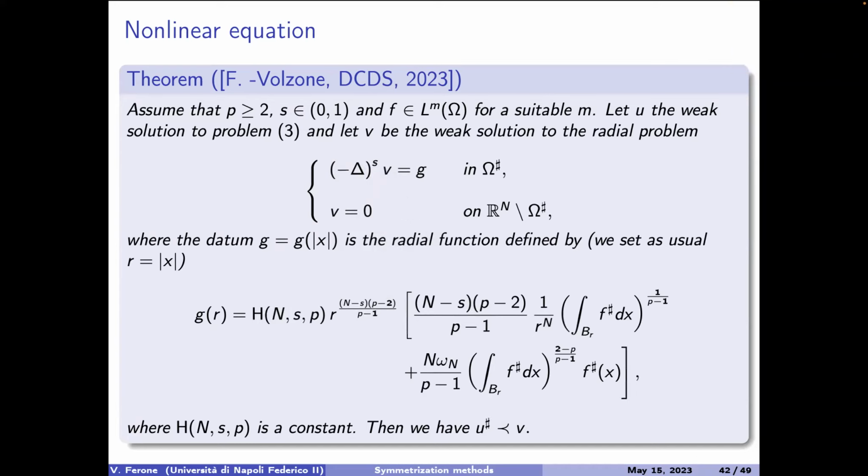Excuse me, is here just minus the fractional p-Laplacian? No, this is a Laplacian. And there is here the g, you see, there are some powers. So with respect to the problem, it is not the same. You just can say that U sharp is controlled by V, and the function on the right hand side is not like f. There is some 1 over p minus 1 here.